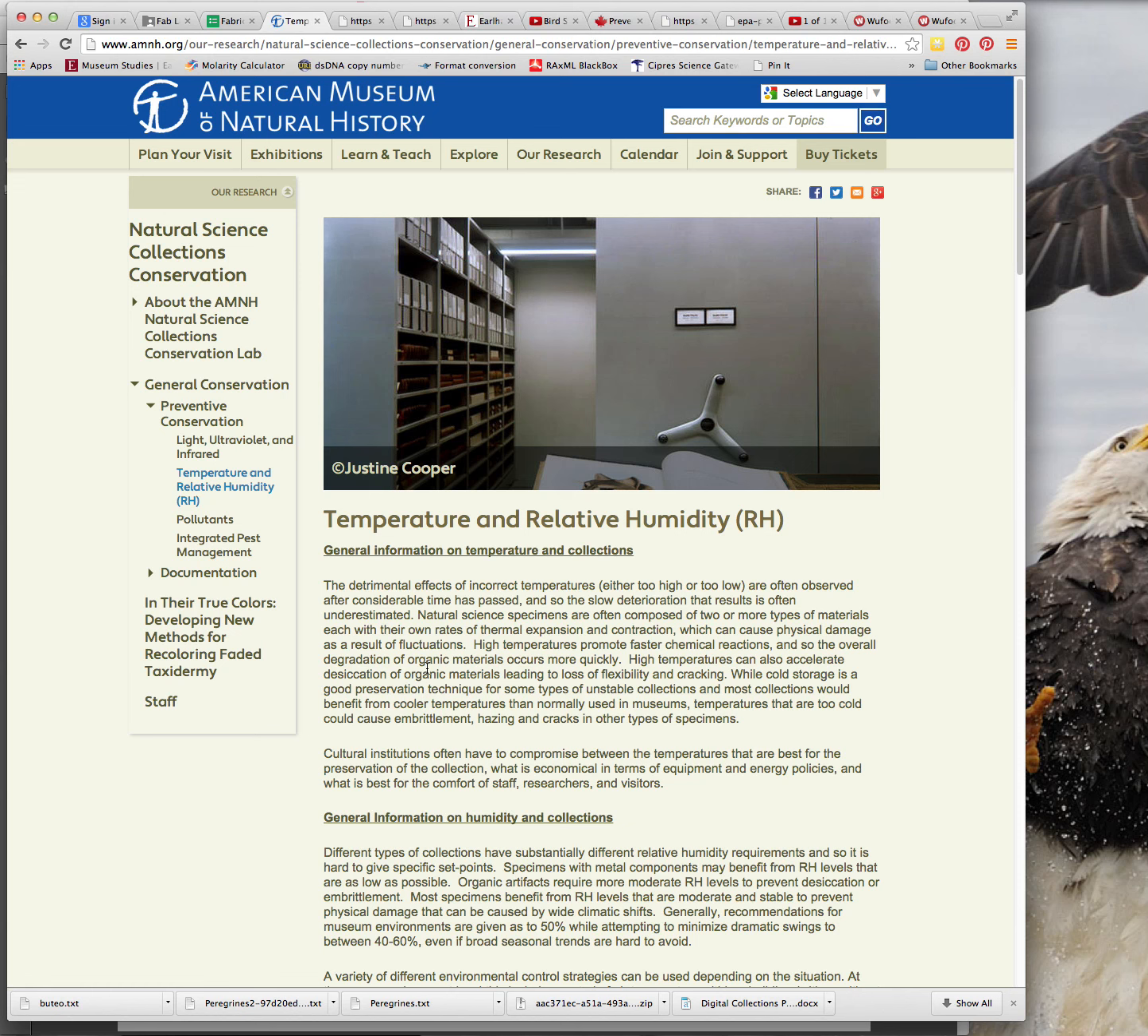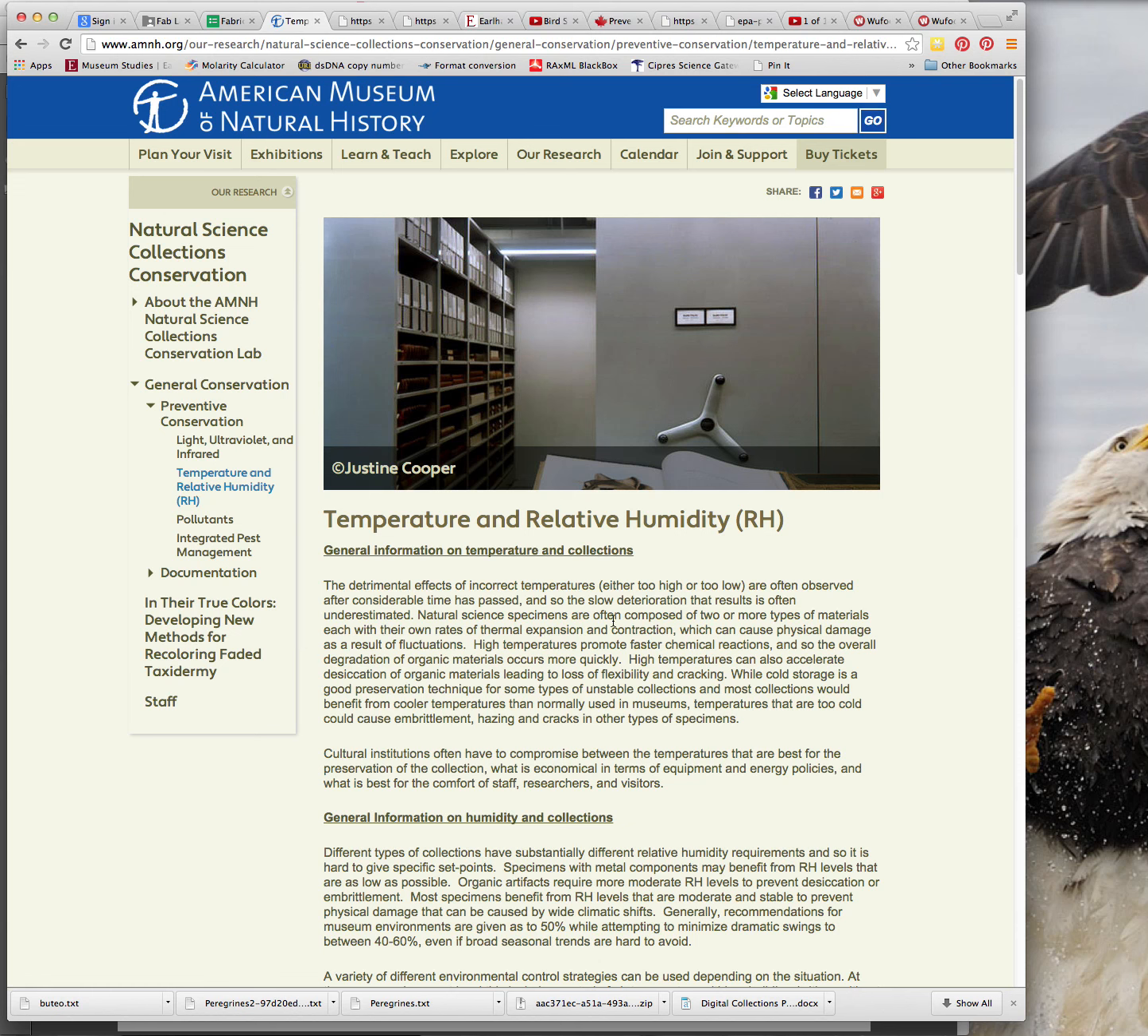And I want you to be ready then to apply this to your own collection. You'll be getting temperature and humidity readouts for your collection, and you want to know if those readouts are out of range for your collection and what that means, what types of problems you should be looking for if that has occurred. Okay, so starting up here,